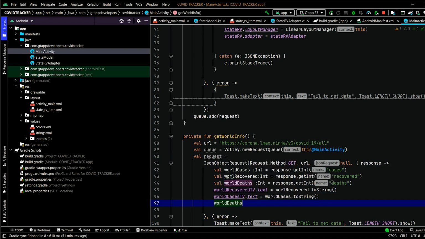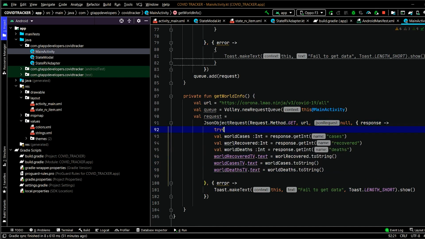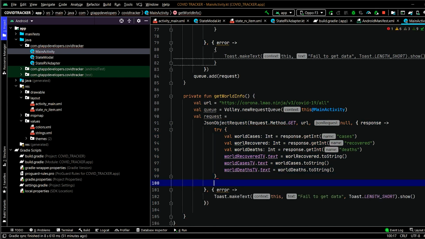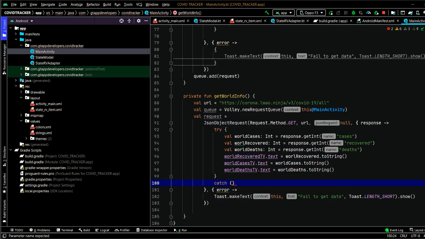Similarly, for world deaths tv dot text, world deaths dot toString. Now we have set the data to our text view. Here also we have to add try catch block. So for adding it, we will add it here. Basically try catch block will be used when we get any JSON exception, or we have added some wrong key value for extracting the data from our JSON response.